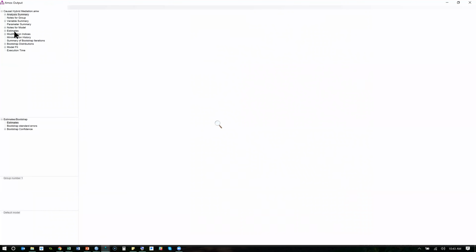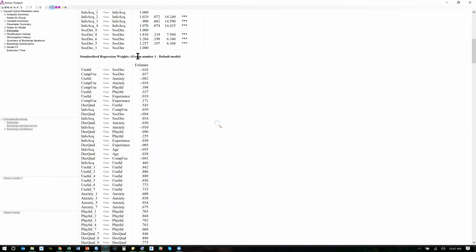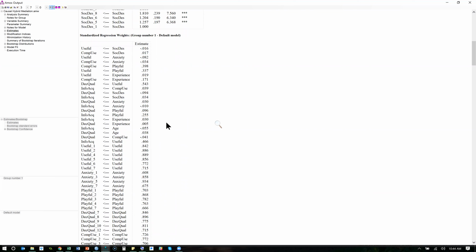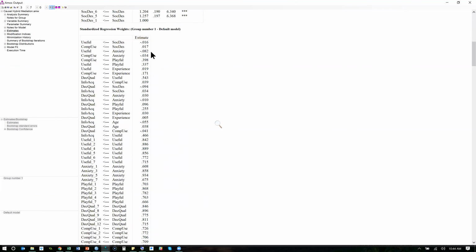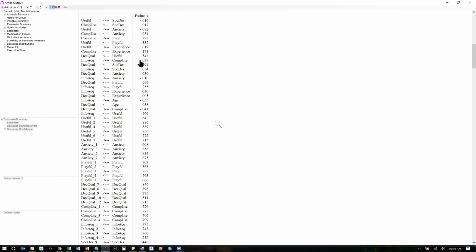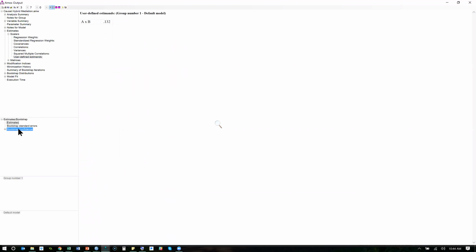If you go to the output, go to the estimates. Notice in regression weights, this is unstandardized. These have p-values. But if you go down to the standardized regression weights, no p-values. But those p-values for unstandardized are relevant to the standardized. It's the same path. Okay, let's go to estimates, scalars, user-defined estimands, bootstrap confidence, like before, and we have significant